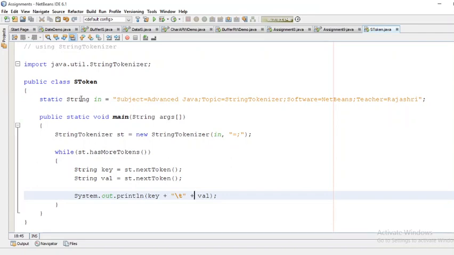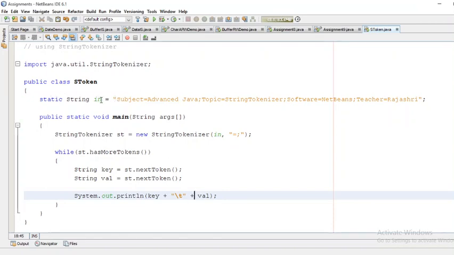In this class, one static string is declared. We can accept a string from the user and use that also, but here I have taken one static string just for demo.